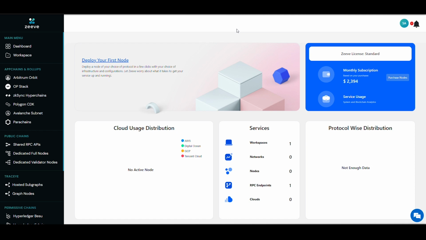Zeeve has recently added support for Arbitrum Orbit stack for you guys to deploy your rollup chains, your self-sovereign chains in a few clicks. And much like our many other app chains that we provide support for, we've just recently added the full support for Arbitrum Orbit as well. Arbitrum Orbit, for those who are new, is a very mature stack to deploy your optimistic rollups to scale your blockchain applications with a good level of security and surety when it comes to having a fully functional blockchain application